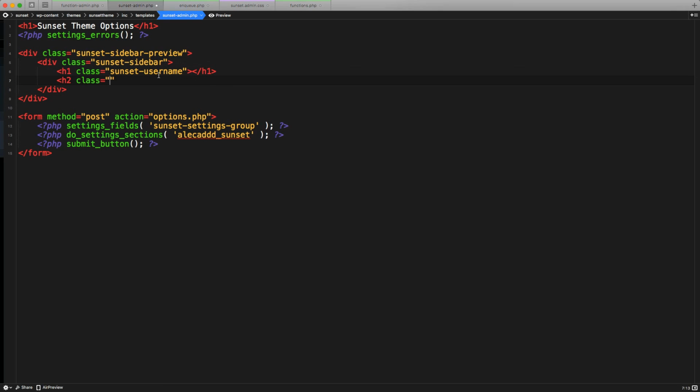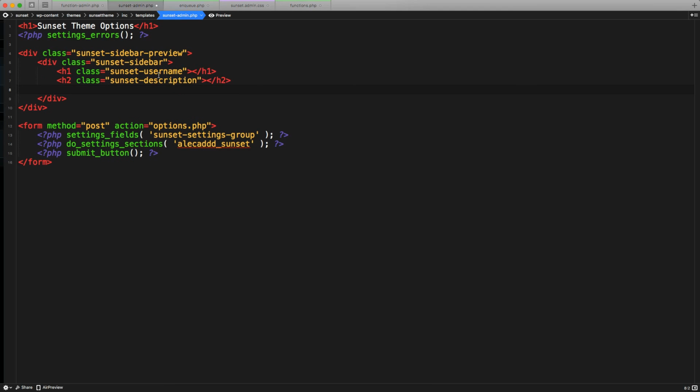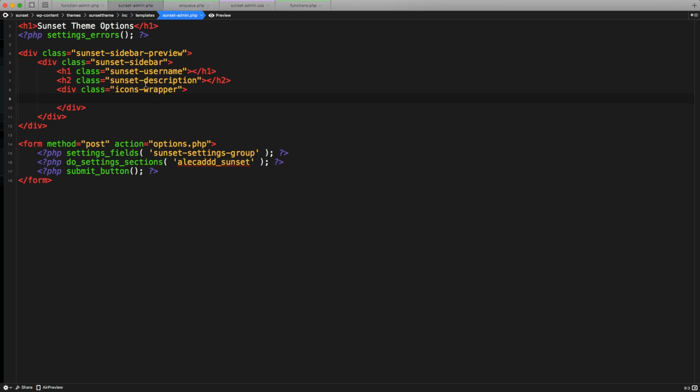H2 class sunset description. And then here we can use div class icons wrapper. And let's leave it for that right now. So here I want to include the custom options that I created in the